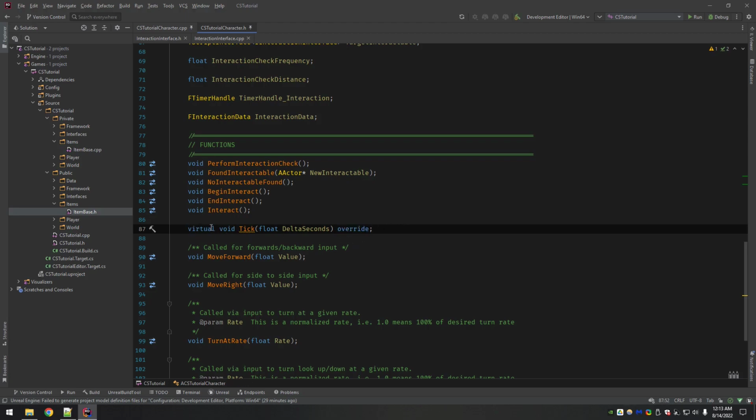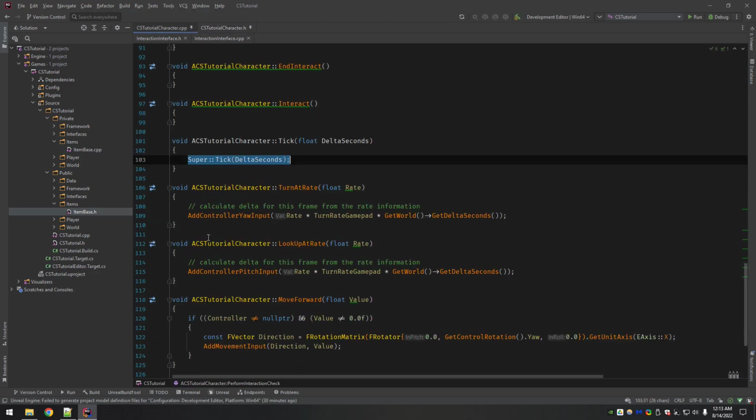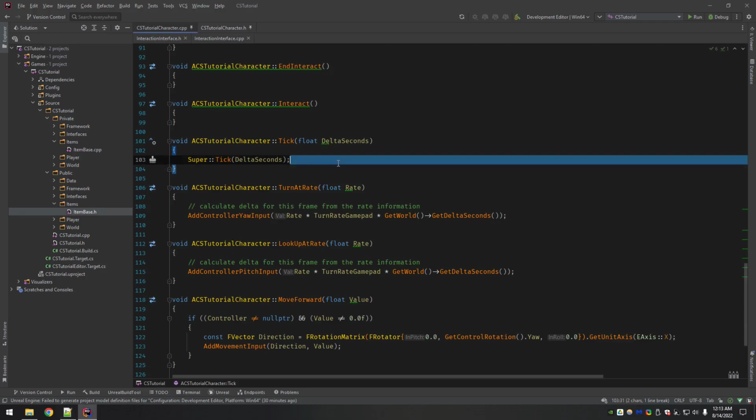I don't know the reasons behind that. It's probably something in the C++ standard, but that's just how it's done when you override functions. So we will then generate our definition for that. And at this point, we're ready to start adding code in here to the actual CPP file.